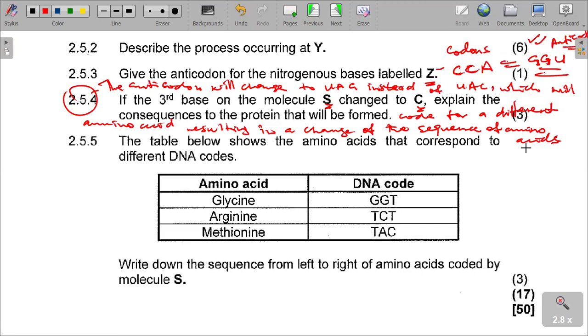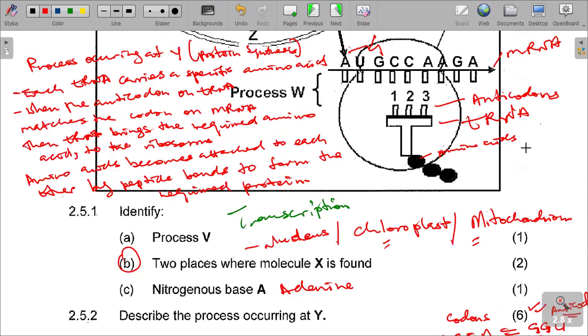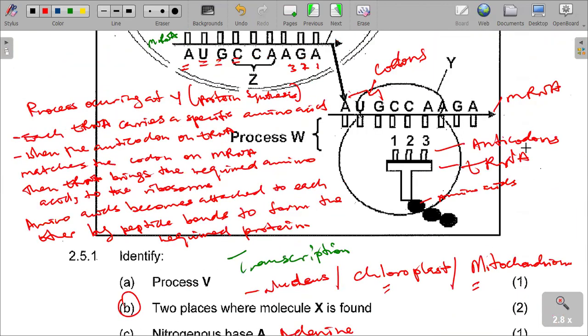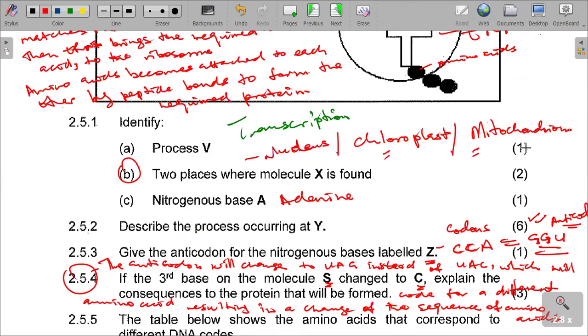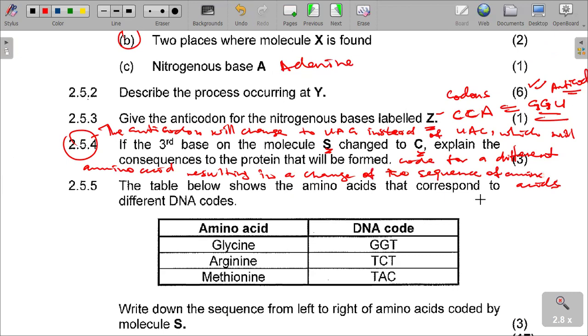Like I gave you, you just have to substitute the value C on the third nitrogen base, and then you obviously see that where it was A, now it is C. So if C replaces A, the change in the codon would affect also the representation of the